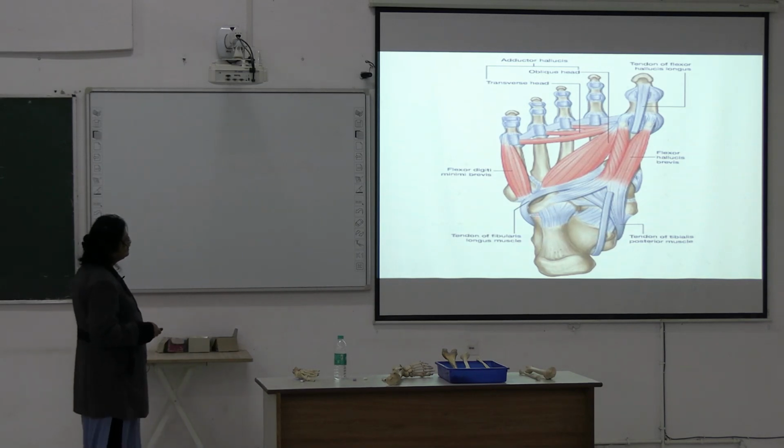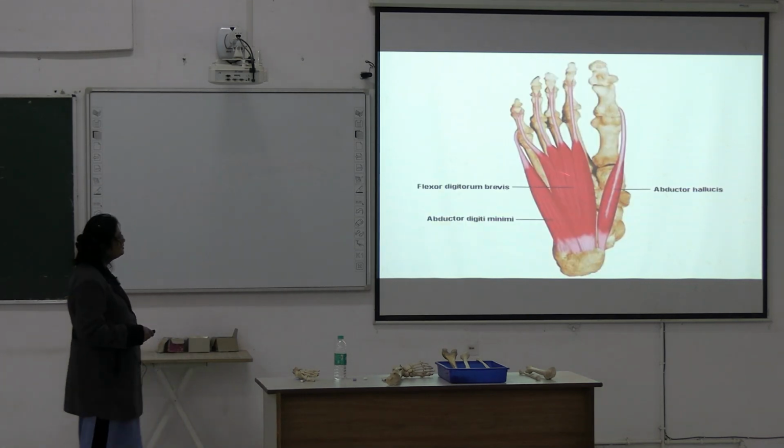These are the different short muscles, this is flexor hallucis brevis tendon, and these two sesamoid bones are developed in these two heads of this flexor hallucis brevis. Here is the adductor hallucis, it has two heads, oblique head and transverse head, and this is flexor digiti minimi brevis. Next,